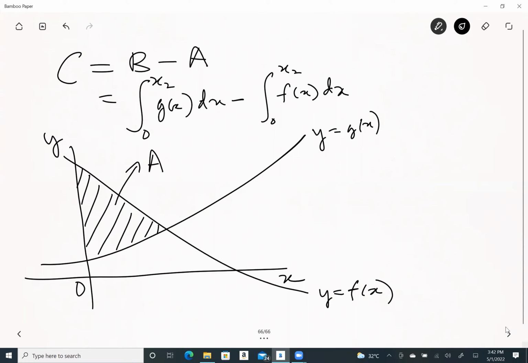Under f of x. Number one is the area under f of x, okay? But it's not just area under f of x because you only need that part, okay? If you are talking about area under f of x, that will cover everything sampai ke bawah, okay? You don't want that. You only want that part. So what do you have to